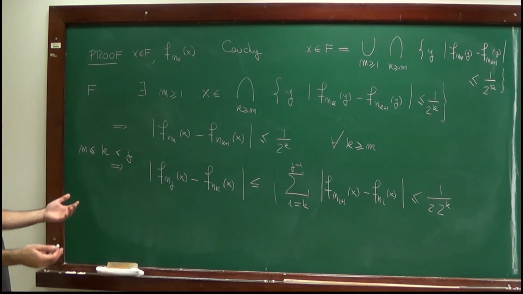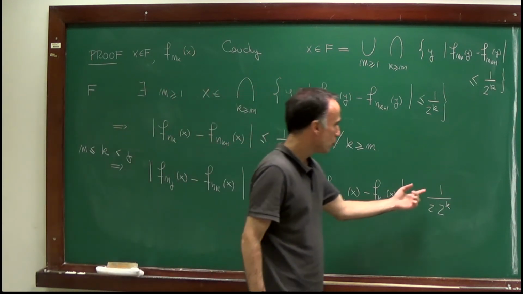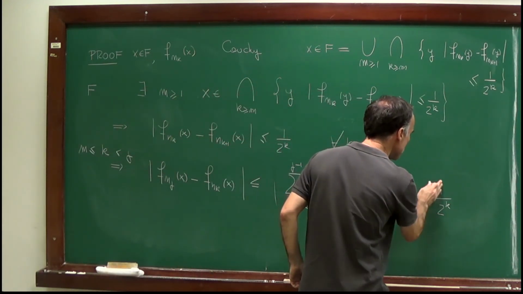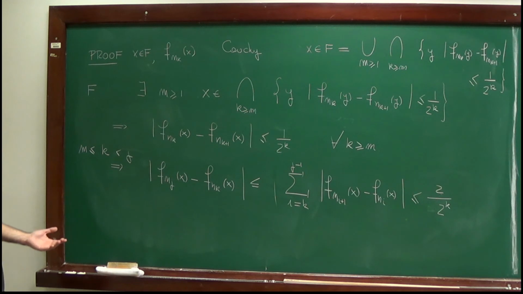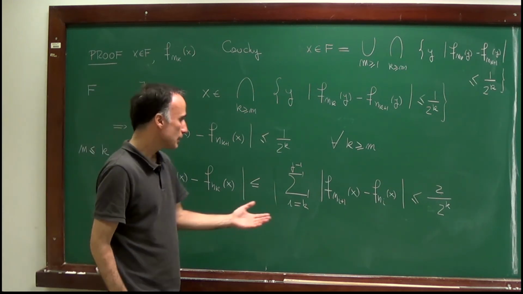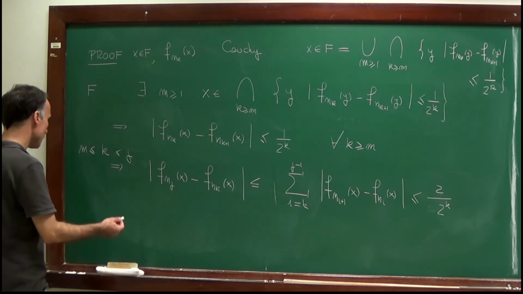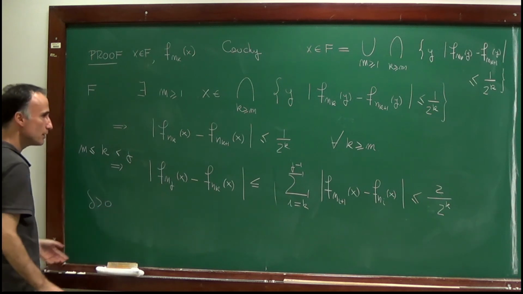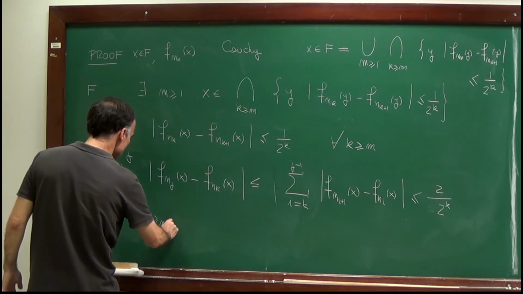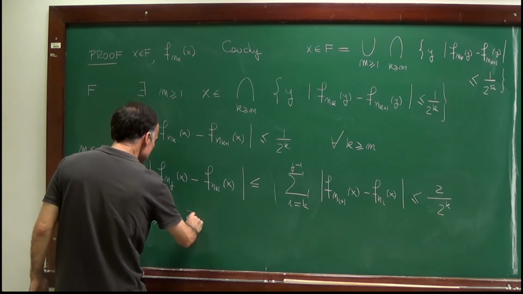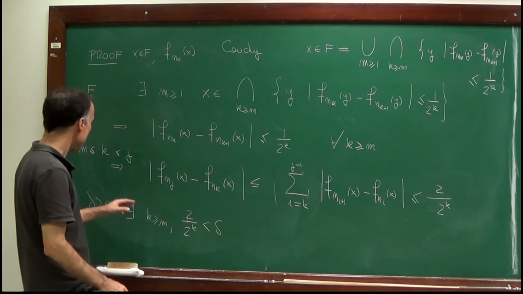And therefore, we just proved that for any j larger than k, this difference is bounded by 2 divided by 2 to the power k. And of course, it follows from this estimate that the sequence f_{n_k}(x) is Cauchy, because, well, give me a delta positive, I can find a k larger than m, such that 2 divided by 2^k is smaller than delta,